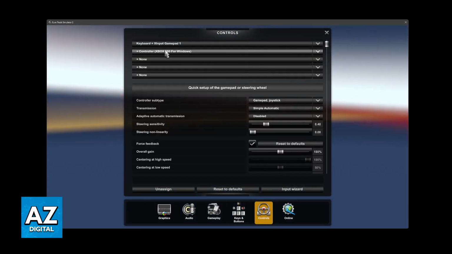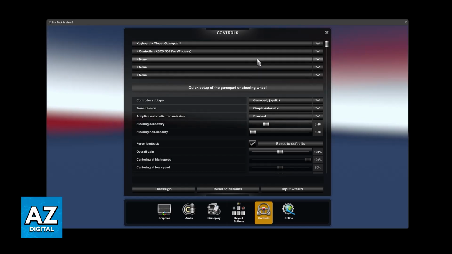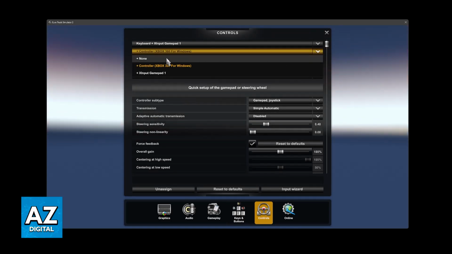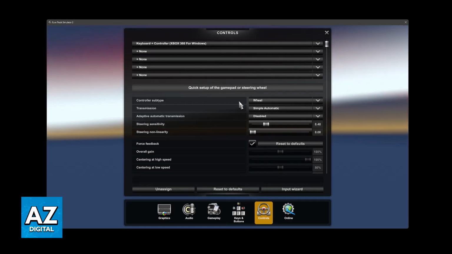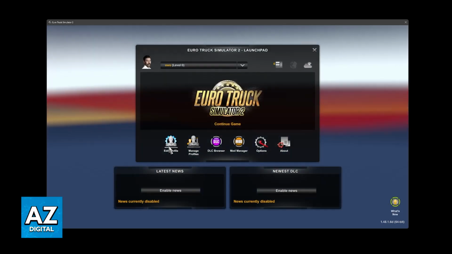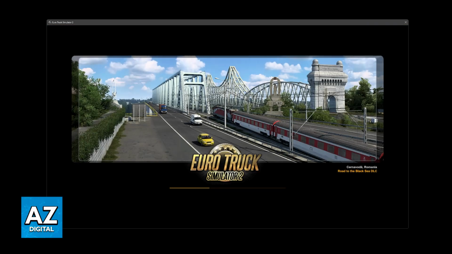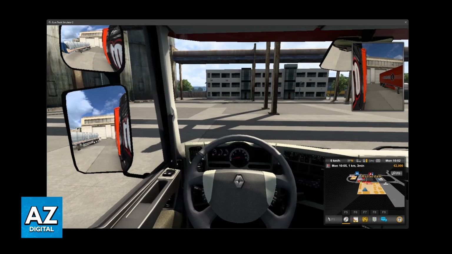After you do this, go over to the options, controls, and you should be able to find your controller here. So you can input multiple types of commands, or you can just leave this first one on the controller. Once this is done, you are good to go. You can get inside of the game and start driving. Everything will be assigned automatically, or you can customize all of the binds, all of the controls, and so on. For the most part, it is going to be entirely playable using only your controller.